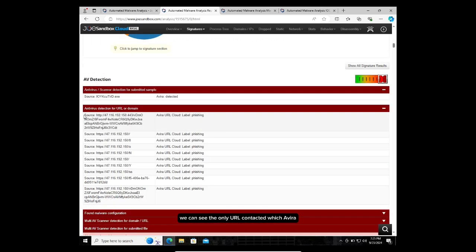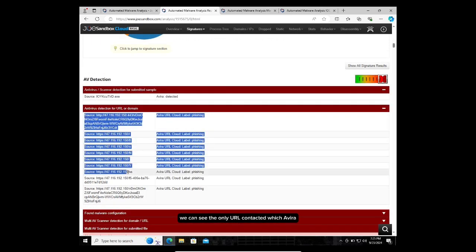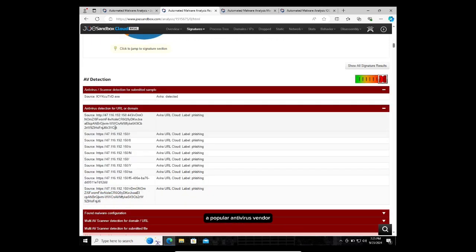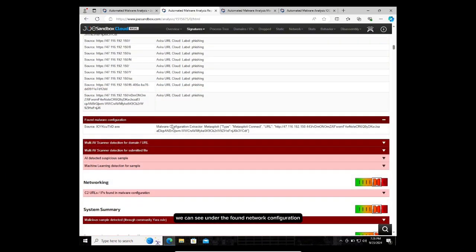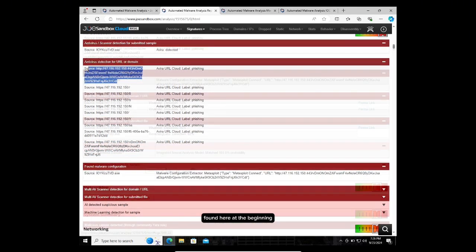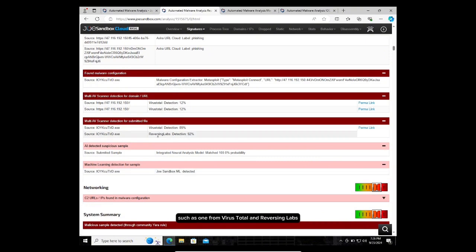We can see the only URL contacted which Avira, a popular antivirus vendor, was able to flag was that address in China, where it appears to retrieve the Metasploit payload. Avira's URL cloud has labeled this as a phishing attack. We can see under the found malware configuration, a Metasploit connect was retrieved from this URL, found here at the beginning, and then some other detections such as one from VirusTotal and Reversing Labs, just for further confirmation that the